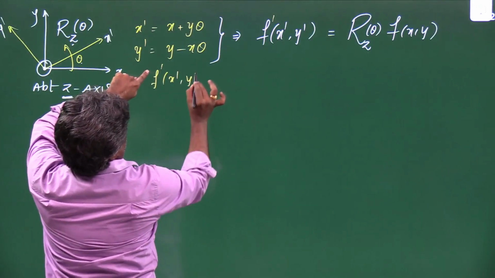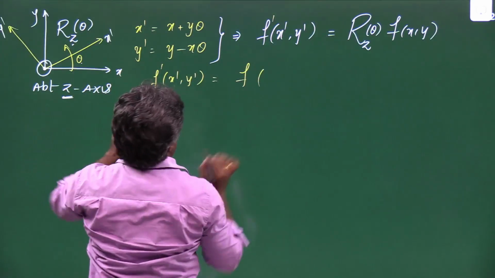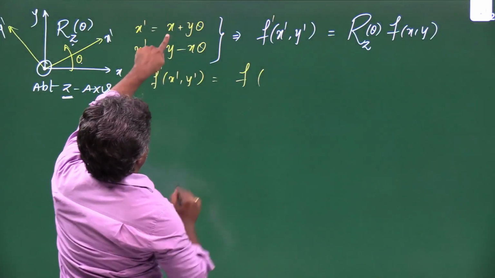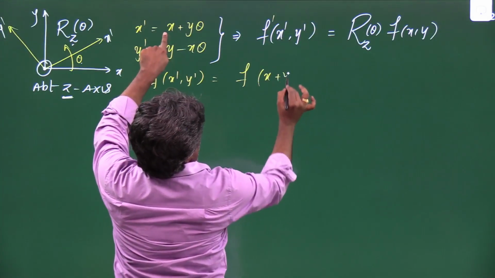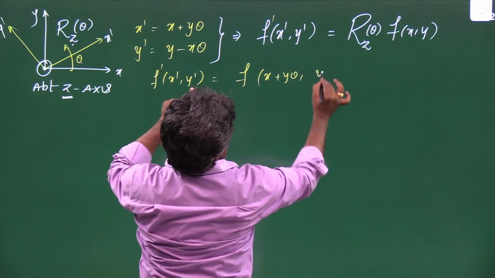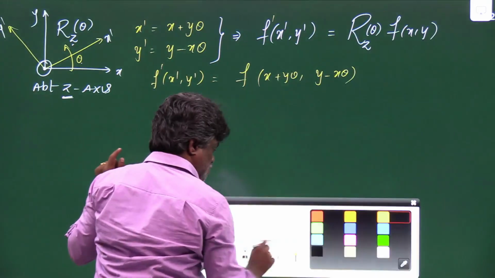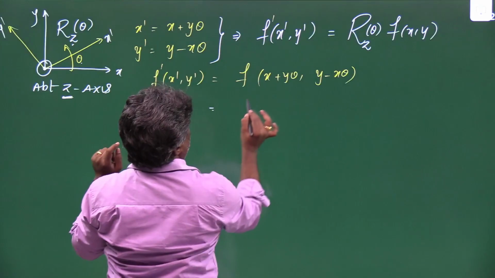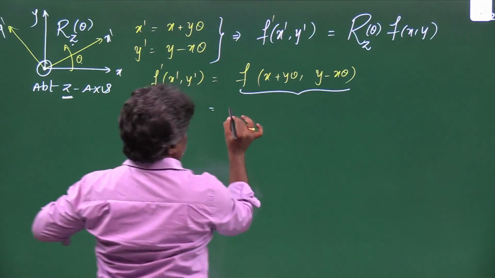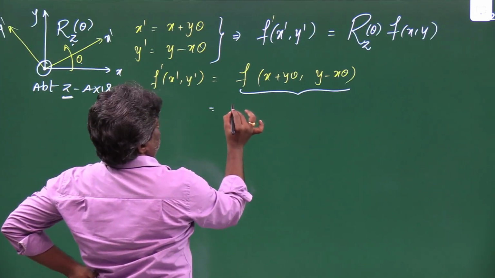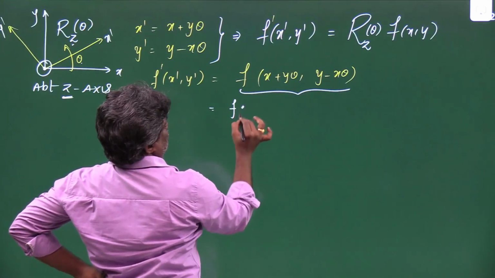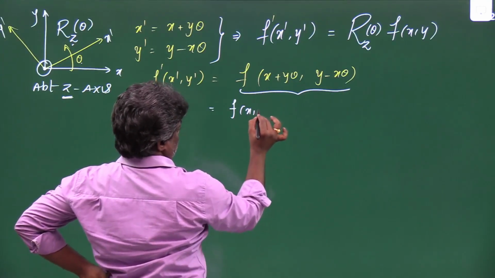f prime of x prime, y prime is equal to f of, what is this x prime? x plus y theta. Correct. What is y prime? y minus x theta. That's it. Now by using Taylor expansion, could you please expand this? This is equal to f of x